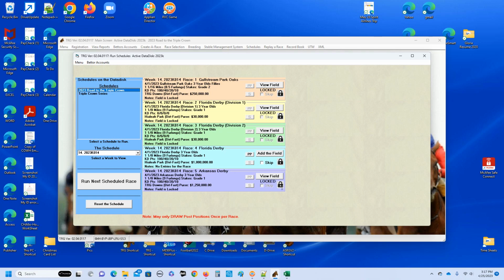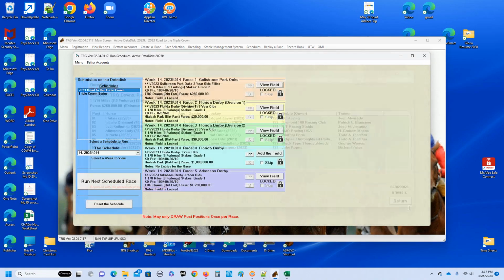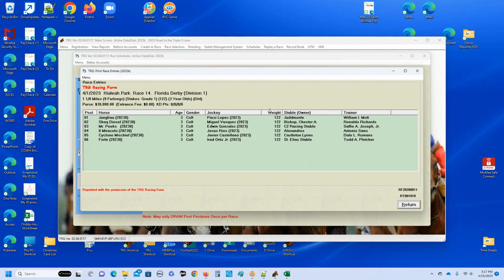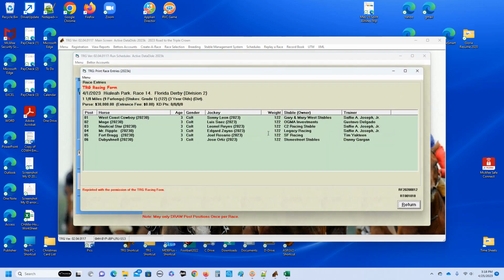We'll block that. So let's go ahead and view the Gulfstream Park Oaks. This is one of the Phillies races. Most of these horses would probably only run one time, if not at all. And there's the Division 1, there'll be 6. There's Forte and Stair, one of the favorites. And Division 2 has another 6, so that means Florida Derby will have 2 horses that will not make